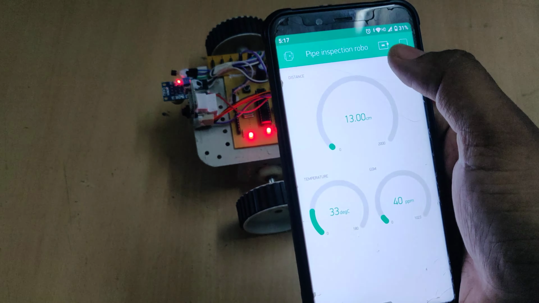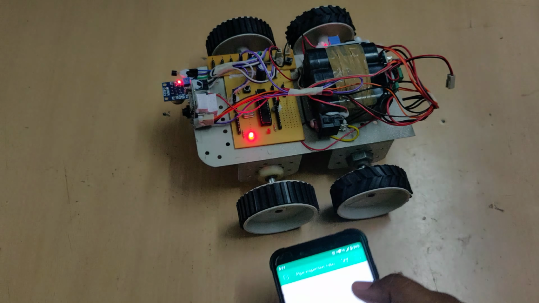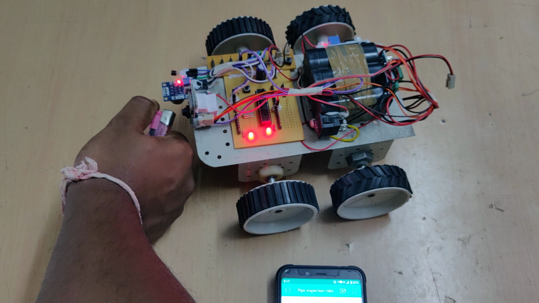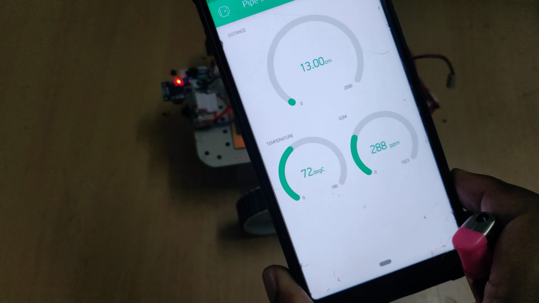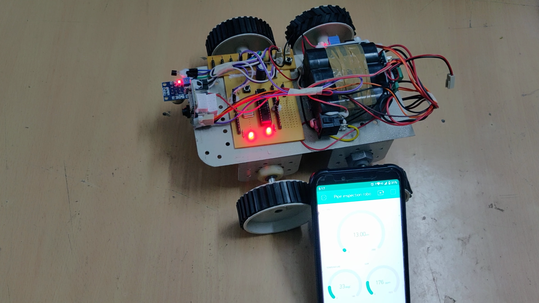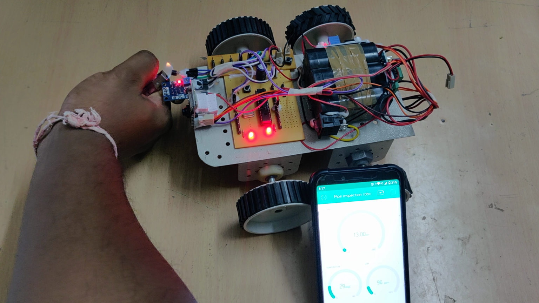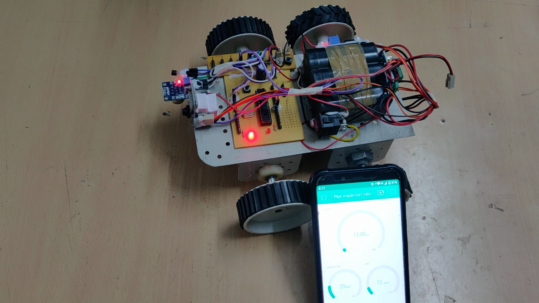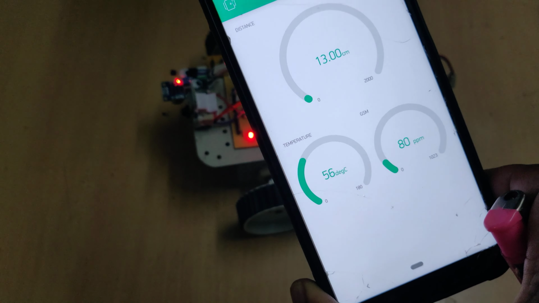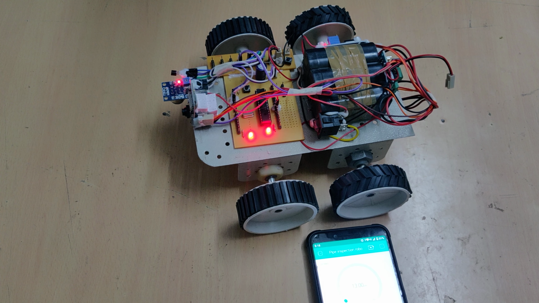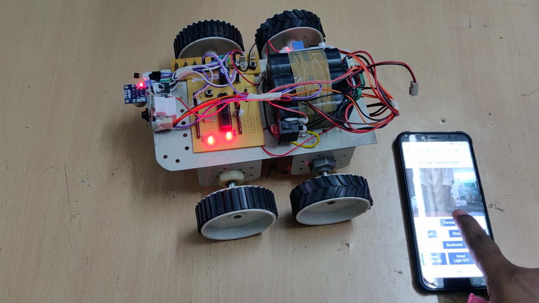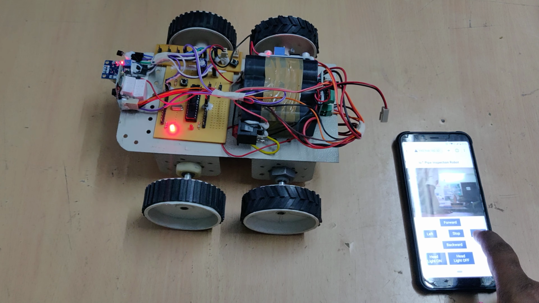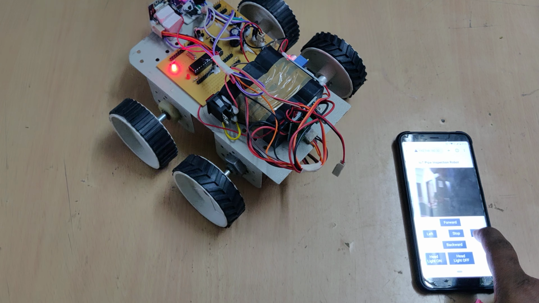the Blynk application. There we can see there's a red icon over here. So we can increase the gas data also. You can see the data increasing over here. And coming to the temperature, the temperature is also increasing. And for traveling, let us move the robot. So it goes forward, right,